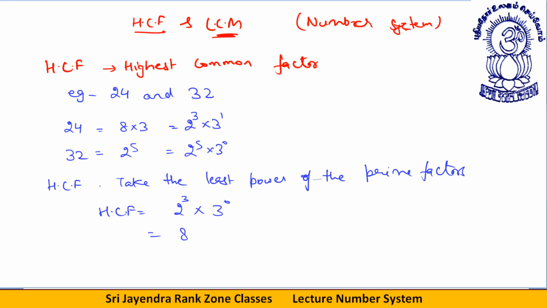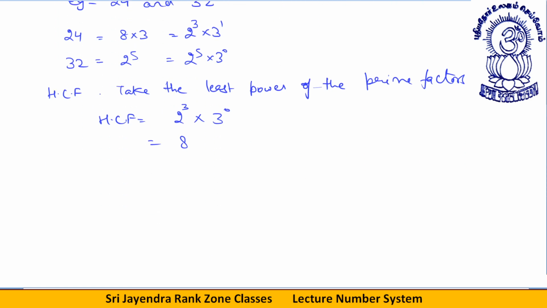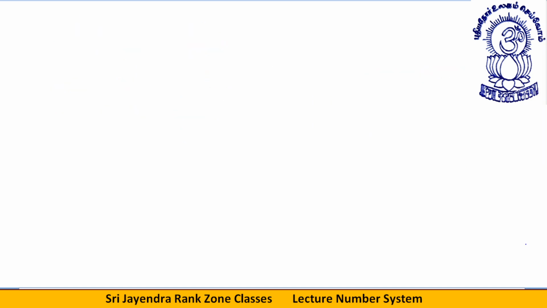Okay, dear students, this is one way of finding it. Now let me tell you this via basic concepts. If I write the factors of 24 and the factors of 32, the word HCF suggests highest common factor. Let me show you practically. 24 and 32, what are the factors?